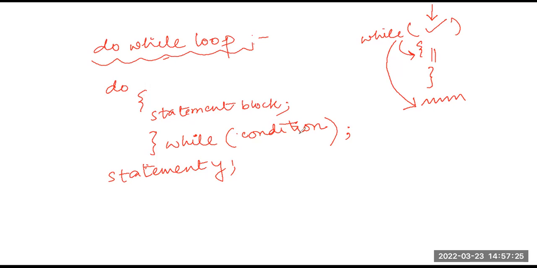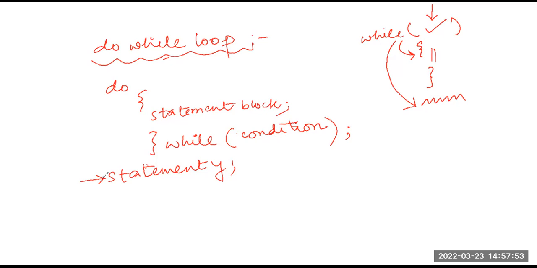एंड अगर नेक्स्ट बार में कंडीशन फॉल्स निकला तो वो और कुछ एग्जीक्यूट नहीं करेगा, वो स्टेटमेंट वाई पे आ जाएगा। पर यहाँ पे क्या है, आपका पहली बार में अगर कंडीशन फॉल्स है, इस लूप में घुसेगा नहीं, डायरेक्ट स्टेटमेंट वाई पे आ जाएगा। पर यहाँ पे क्या है, एक बार वो एग्जीक्यूट करेगा एंड सेकेंड बार से कंडीशन चेकिंग होगा। सेकेंड टाइम से कंडीशन अगर ट्रू है तो बार बार एग्जीक्यूट होगा, और अगर कंडीशन सेकेंड टाइम में फॉल्स है तो वो स्टेटमेंट वाई पे आएगा।